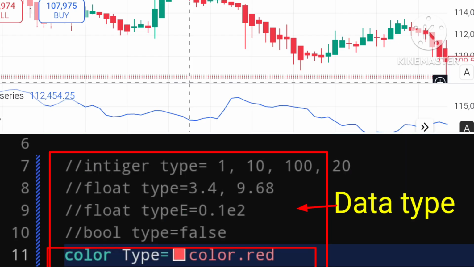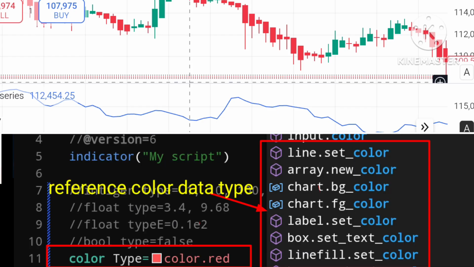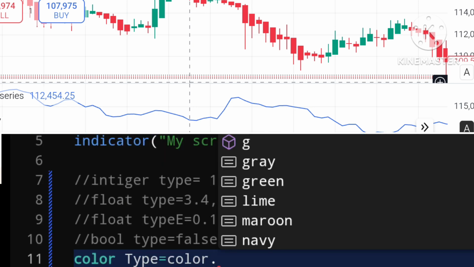So color types in PineScript are their own data type. You can use the inbuilt colors that PineScript provides. If I type out color and then a full stop and hit Control Space, or Command Space on a Mac, and I scroll down, you can see a list of inbuilt colors here.